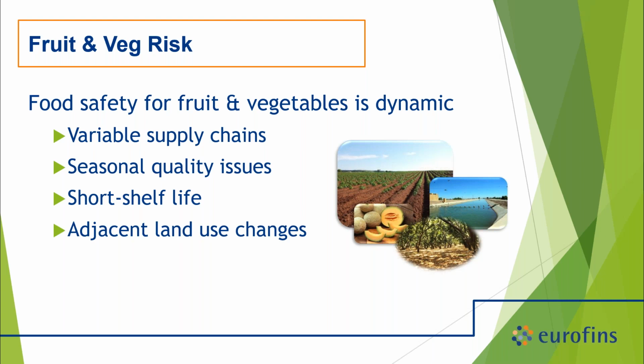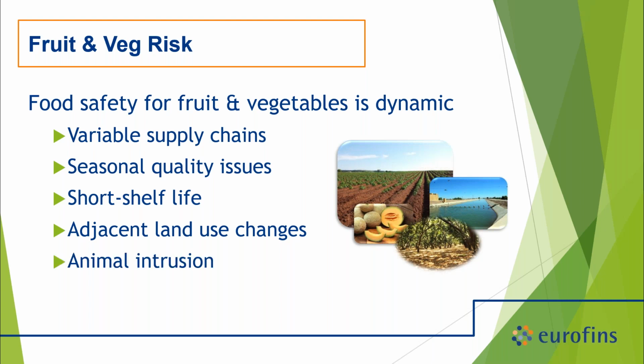Adjacent land use. This one's a big one because you've used a ranch or orchard forever and you've never had an issue and you pretty much know what the risks are. But what if the land use around you changes? You might not even know it. What if a farm suddenly puts in a cattle farm next door or puts in a poultry facility? It's on you to basically know that your risk may have changed, which may change how you handle your product as it comes in.